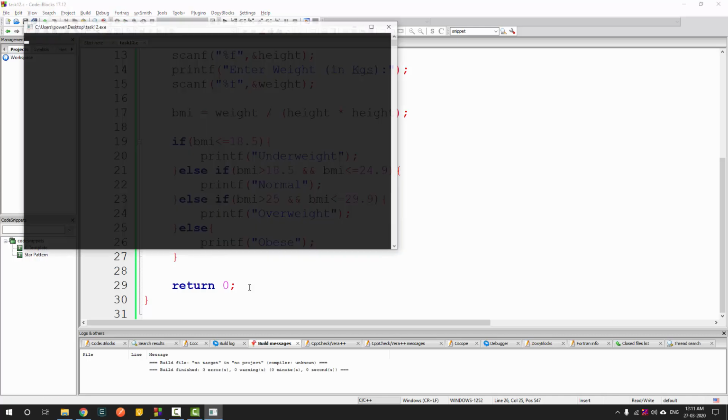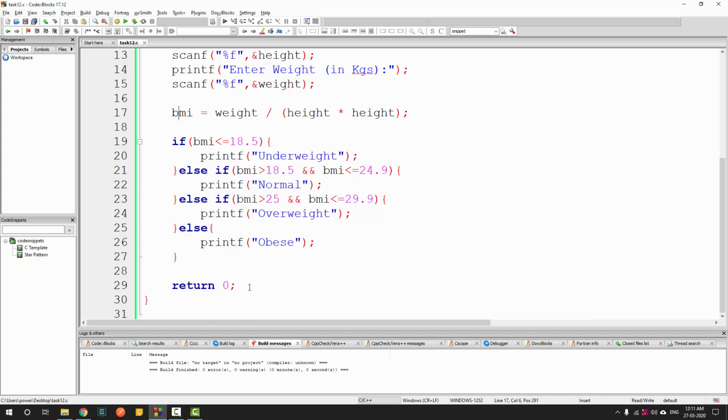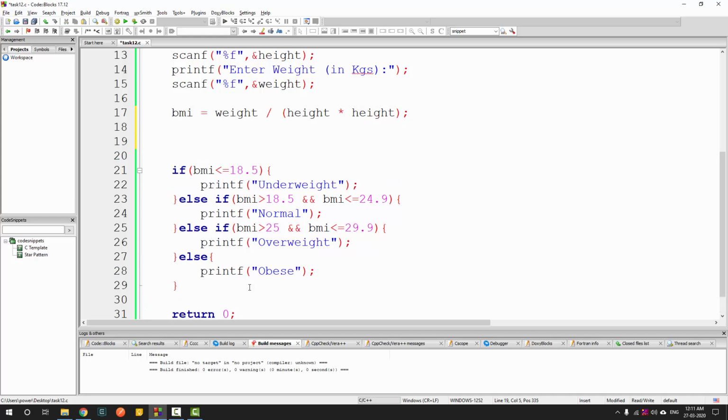I will just run this. So enter the height, let's say 1.72 is the height, and the weight is 59 kgs. If I enter, it says normal. Okay, now one thing missing is, it says normal, but it is not showing the BMI. Okay, so actually we calculated the BMI over here, but we never displayed it. Okay, so we just add the printf statement over here,